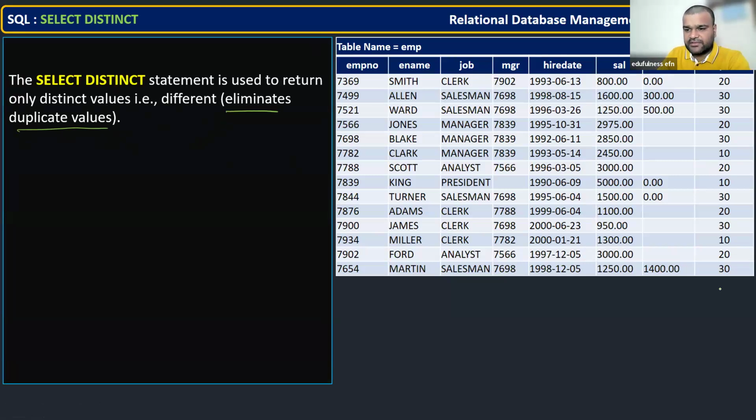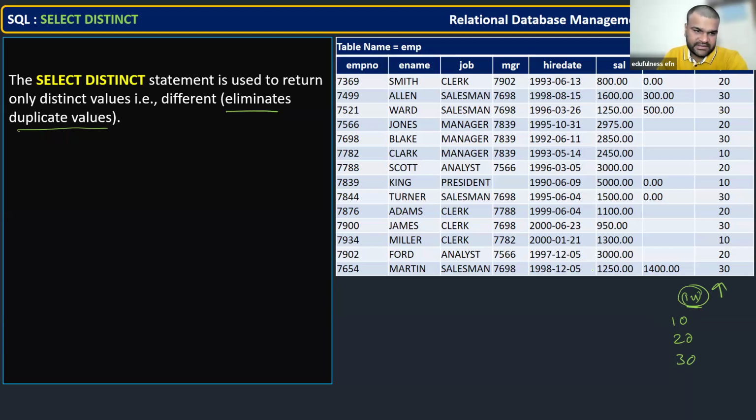For example, here if you take department number, you see under department number 14 values are there. In these 14 records, which means 14 values, 10 is one value, 20 is one, 30 is one, and they repeat. You can see that. So that is what it is saying. Suppose I want to know how many different departments are there. You should not return 14 actually. You should return only 10, 20, 30. So 3 departments are there and multiple people are there in each department.